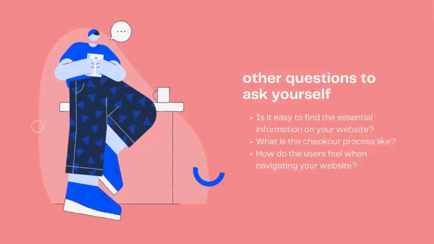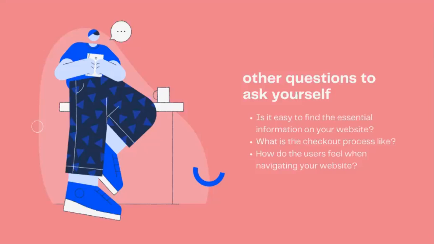Again, what is the checkout process like? So it's similar to a sign up process, but if you have some kind of checkout, and this could even include your invoicing system. I know that's slightly different from web design, but that's even something to think through as you're creating your website, is how do I need to set this up so that if I'm going to invoice a client or if they're going to be purchasing something through my website, what is that process going to look like?